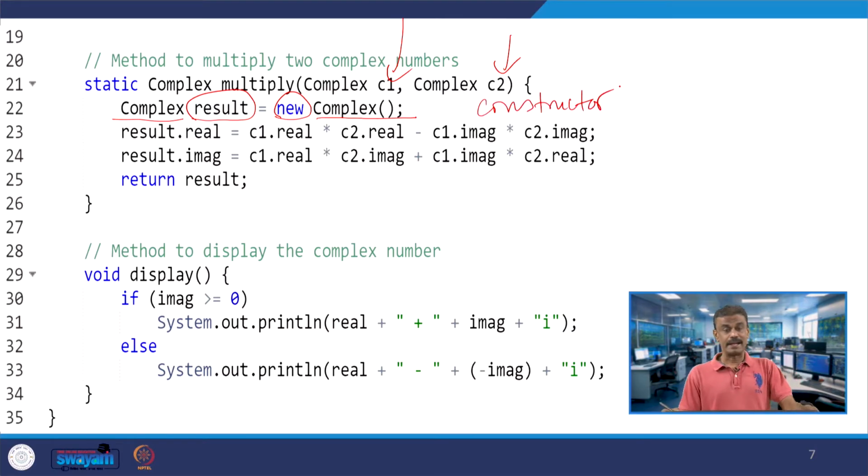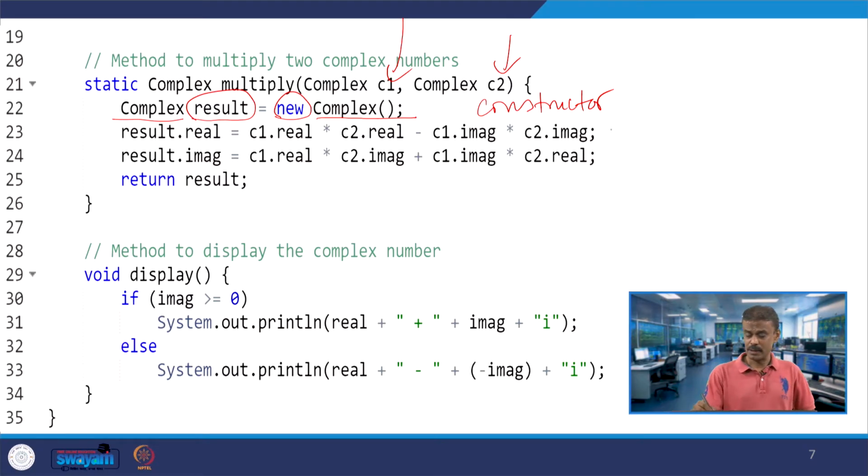So, at line number 22, you are dynamically allocating memory for result: Complex result, you put the new operator. So, dynamically allocate the memory, and you have Complex followed by the function notation, which you call the constructor.